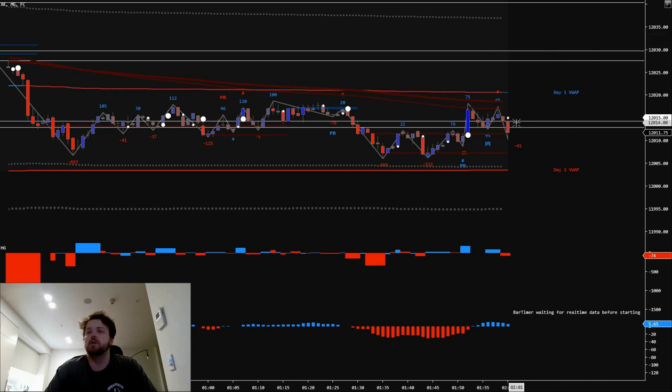So I'm looking for really simple things like, so in this instance, it's sort of looking good for shorts here. We've got diminished demand and diminishing cumulative delta, and buying is reducing. But in saying that, this is an open, and usually in an open you get some form of reversal. It's not always the case, but it's just good to be vigilant and see what price action is actually telling